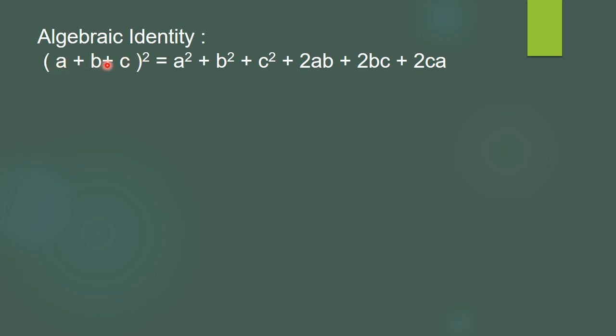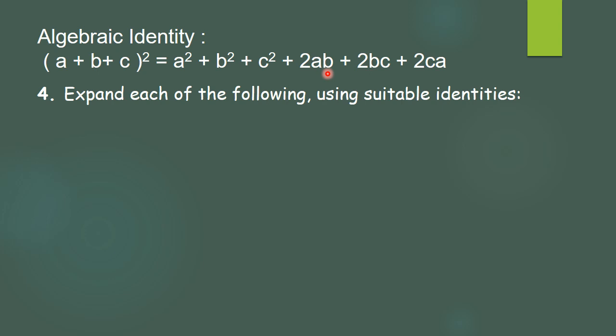Yesterday we studied (a + b) the whole square or (a - b) the whole square. It means there were only two terms. Now we have three terms, and this identity is given as (a + b + c) the whole square = a square plus b square plus c square plus 2ab plus 2bc plus 2ca. Now this is only the one identity they have given. They are not given with the minus sign. How to use it for the expansion as well as how can we use it for the factorization.